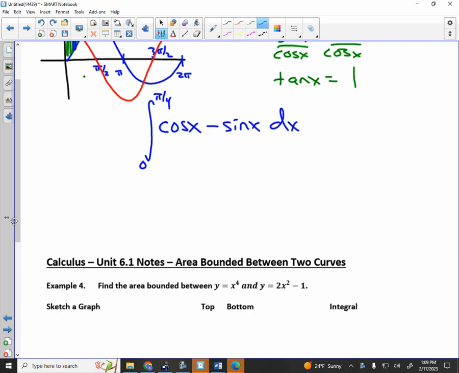All right, so it looks complicated, but fortunately, you're really good at trigonometry. What's the antiderivative of cosine? So I have sine of x plus cosine of x, evaluated at